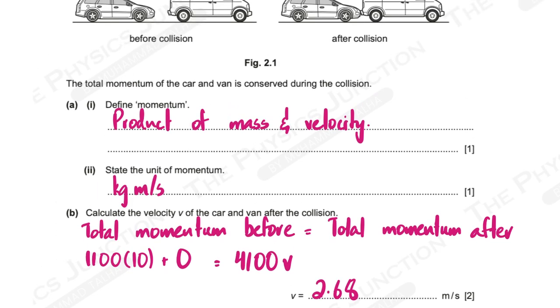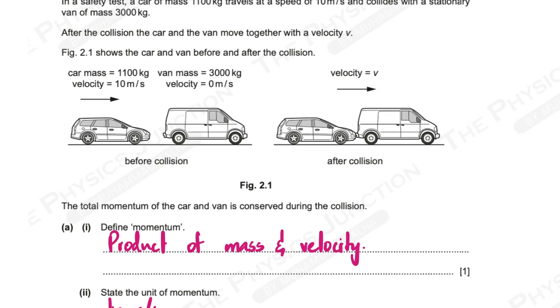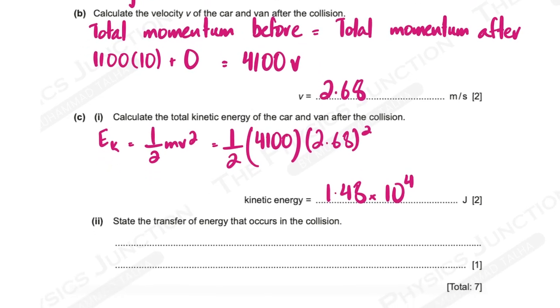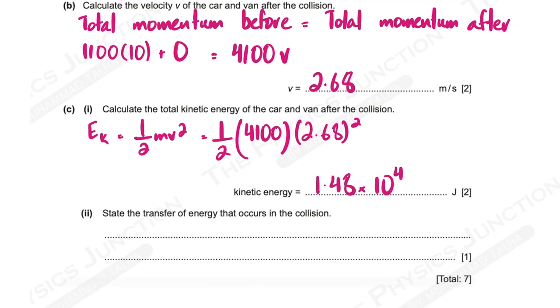So we know that here there has been some kinetic energy initially, and then they have some kinetic energy after as well. So there must have been some energy lost. So I would say that kinetic energy to thermal energy